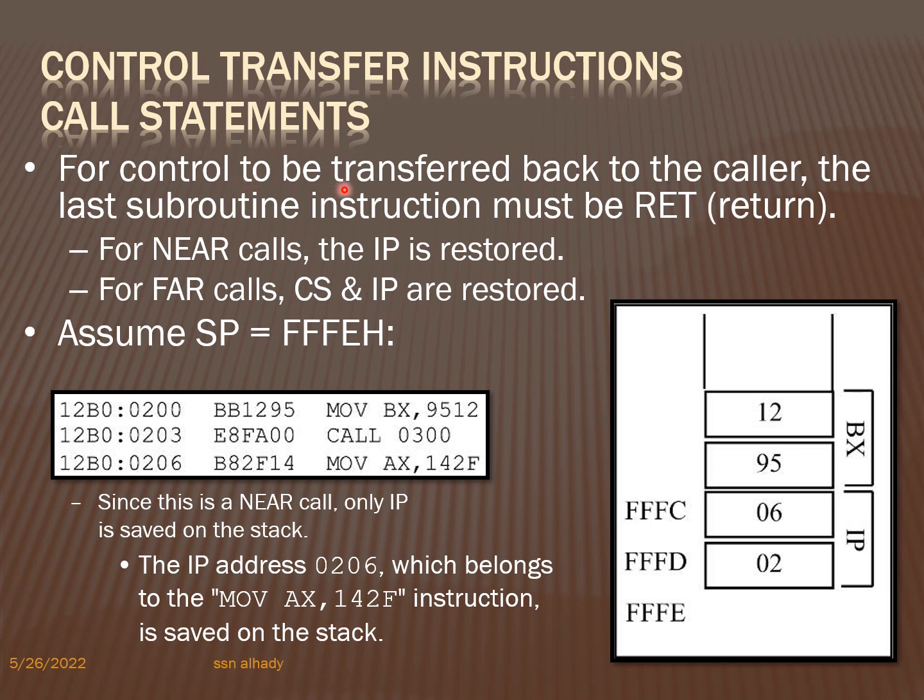Okay, for control to be transferred back to the caller, the last subroutine instruction must be a return instruction. For a near call, IP is restored. For a far call, CS and IP are restored. Okay, so assume that SP, the stack pointer, is at FFFE. When you have a call, if you look at this example, the next instruction, this is the value. If the call is a near call,